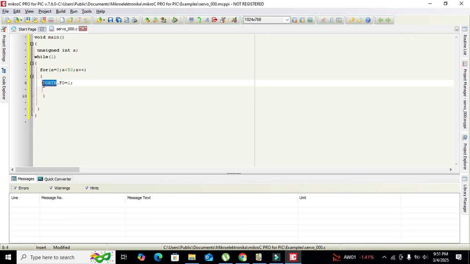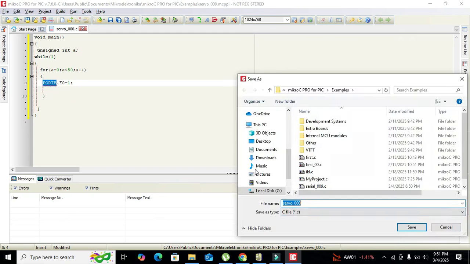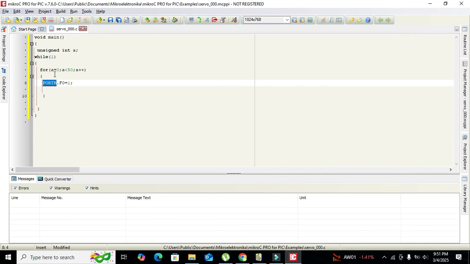Now we are sending a logic 1 on the port B 0th pin, meaning the first pin. F0 is the first pin of port B, which is actually B0. So in order to represent B0, we will write PORTB.F0 = 1. After we have sent the 1 on this, then we will write delay